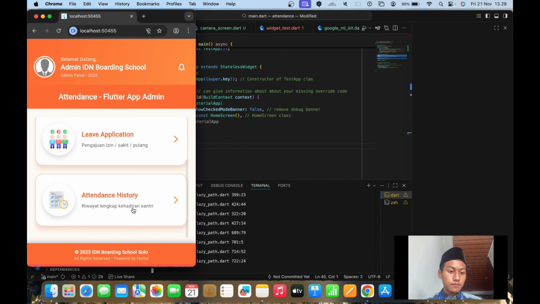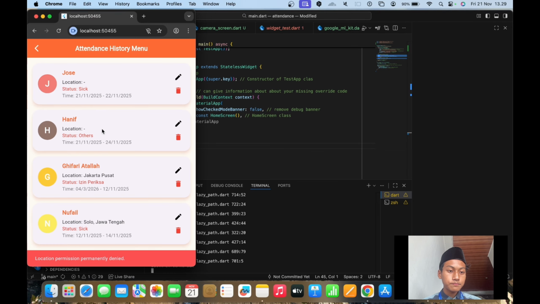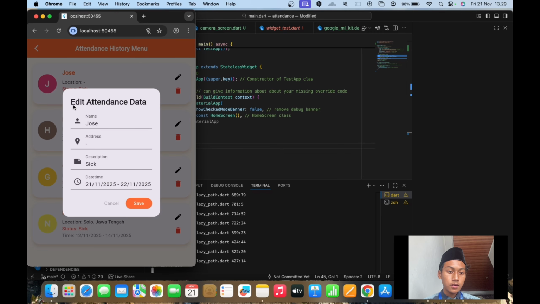After that, we have attendance history. So there is my history, my name and my friends and others, and then you can edit your attendance data, address for Indonesia, description also, and then you can make improvements also, and save.